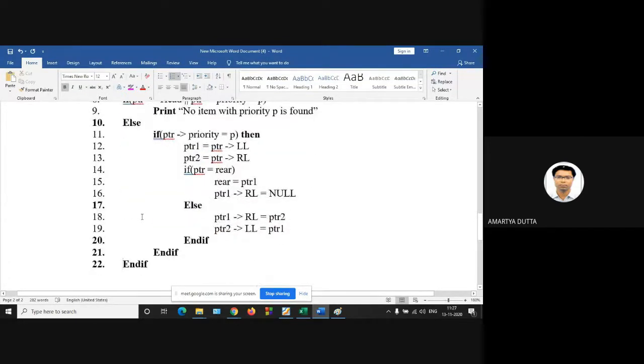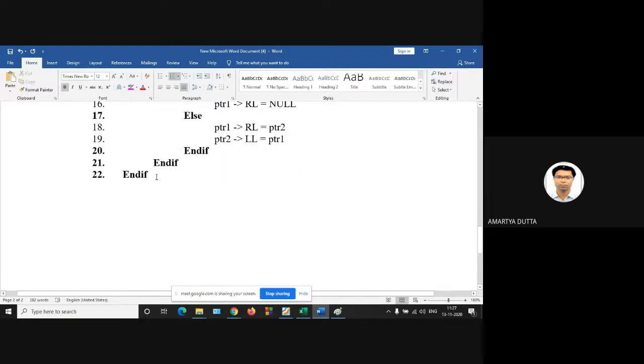And then its data part is now pointing at the item. The item is equal to its data part. Okay. And return item.